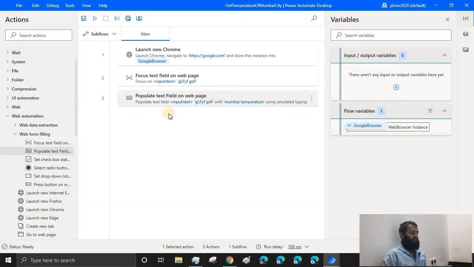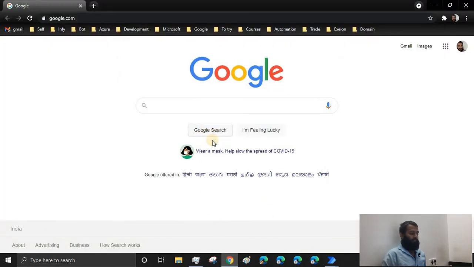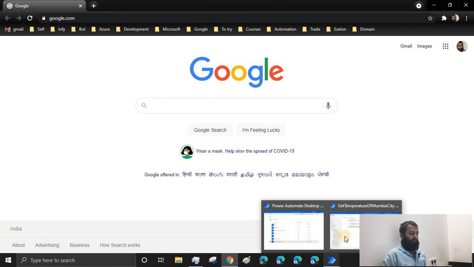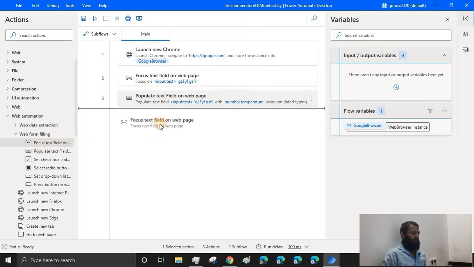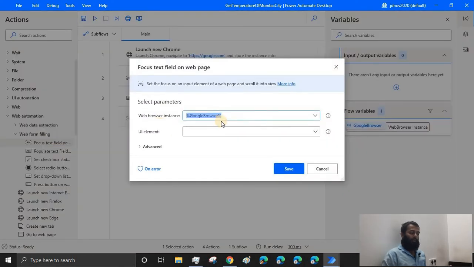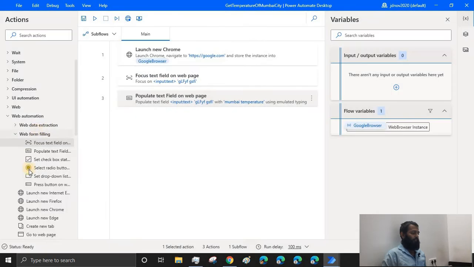Fine. Next, I want to click on the search button, this search button. Either you can focus the element or you can just click directly.